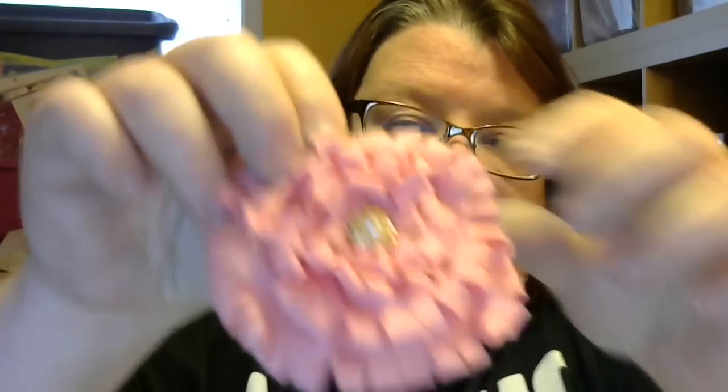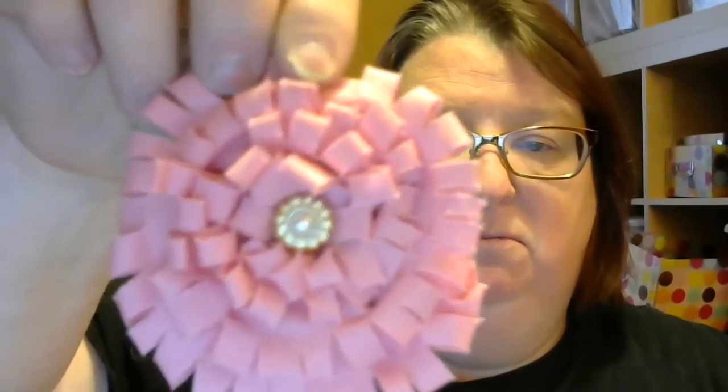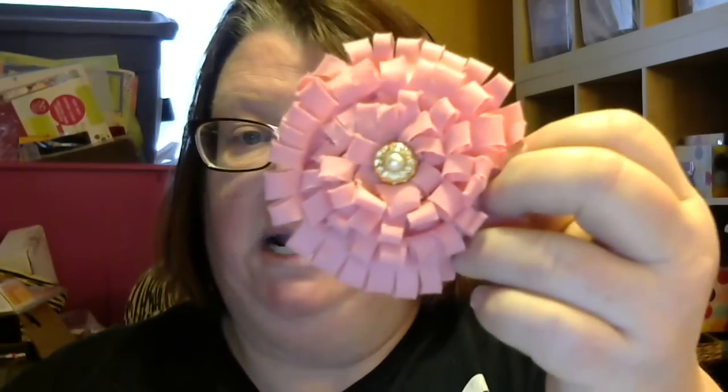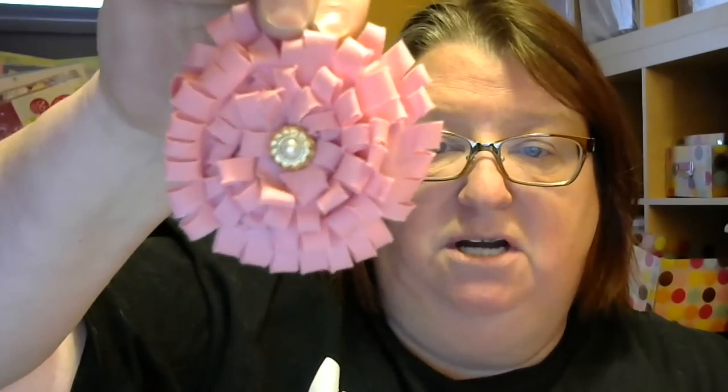Very simple, but the fabric that I used, the seam binding, wasn't really that great. But, you know, it's my first attempt, literally my first attempt at making a fabric flower. If you remember, I had a challenge at 200 subbies, and I asked people to make flowers for me because I'm not a flower maker. And they made beautiful flowers. So this is my first attempt at a flower. It's okay, you know, it's not that great, but I did want to attempt it because it was a challenge for me, and I appreciate, Darla,